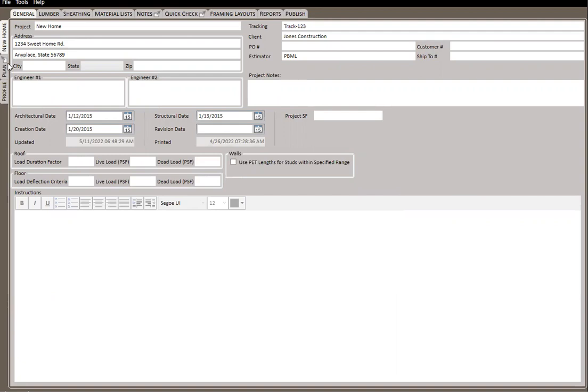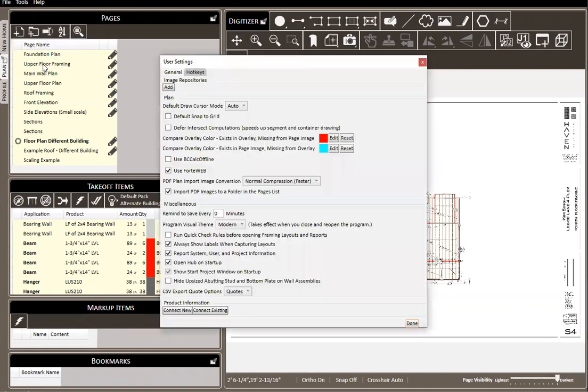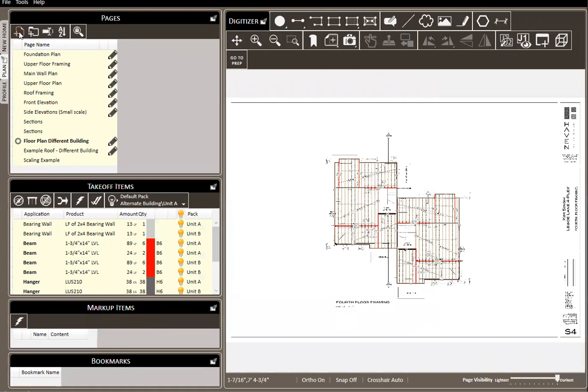Jumping over here to the Plan tab, there are a couple of new things relating to how pages are imported. The first is that in the Tools menu, there's a new user setting available. You can see it here: the option to check this box of import PDF images to a folder in the pages list. If you're doing revision work, or even if it's just a better general flow for you, and you want all of the pages for a particular PDF to land inside a folder, you can check this box as a user setting, click done,